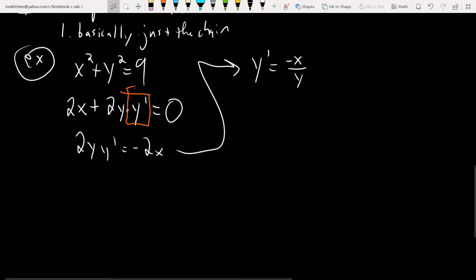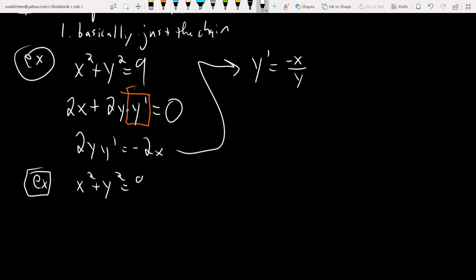Let's take a look. You know, we might as well investigate the other version of doing this problem. So doing it explicitly now. So if you have x squared plus y squared equals 9, let's compare and contrast, right? So move the x squared over and solve for y, and you end up with two equations, right? You end up with y equals plus square root 9 minus x squared, and y equals minus square root 9 minus x squared. If you were to graph it,